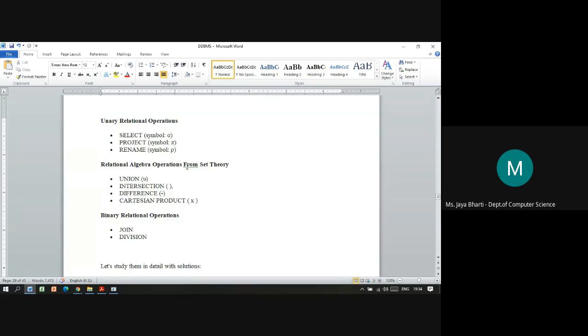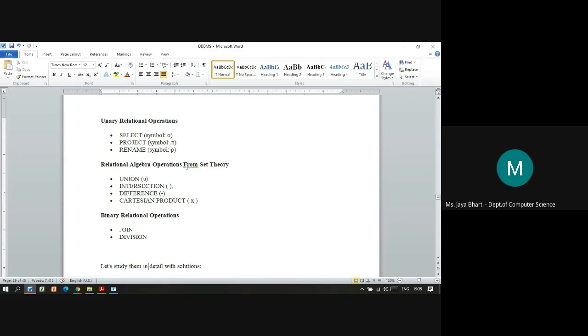Select is represented with the sign sigma in relational algebra. Projection is represented in the form of pi, and rename is represented in the form of rho. So these are the three unary relational operations.